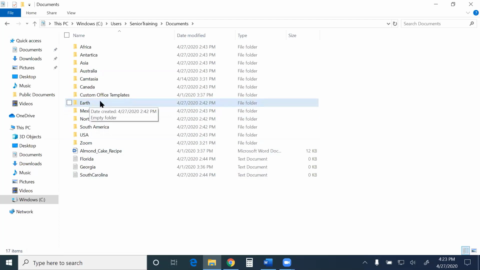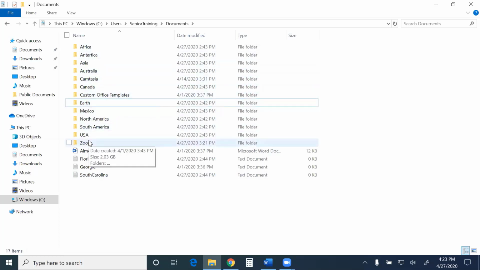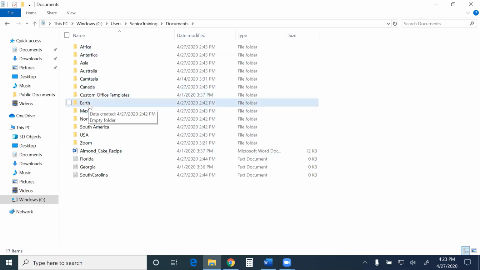Let's say I wanted to have additional folders. So I'm taking a look through things. Maybe I'm looking through a whole bunch of pictures that are all from my trip to North Carolina. Then I might want to create a North Carolina folder that I could then put those into. But what if I wanted to create a new folder here? So I want to create a new folder, and we're going to call this one Mercury.